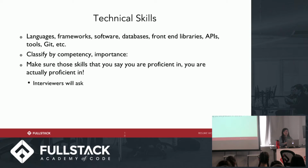Technical skills. Who here has technical skills right now? Yay! That's great. So that's what you want to put. Languages, frameworks, databases, classify by competency, and make sure those skills that you say you're proficient in, you're actually proficient